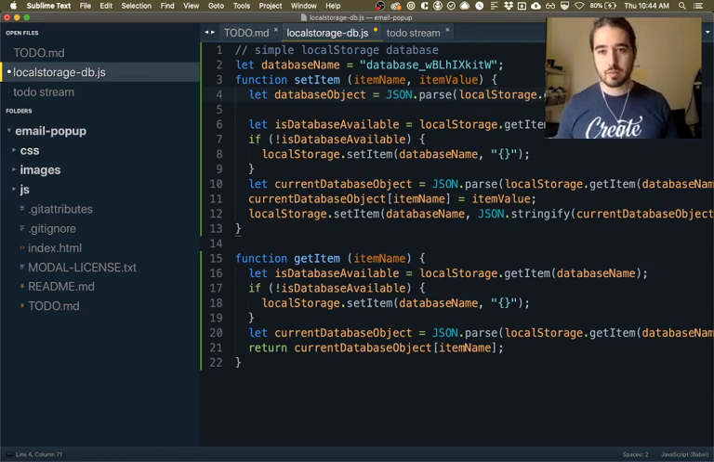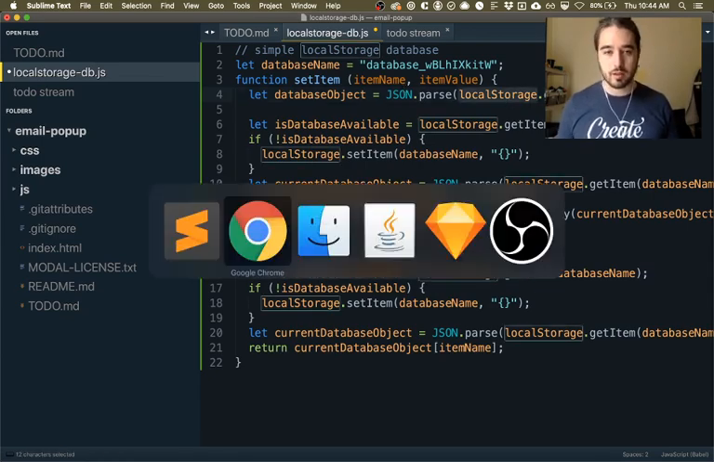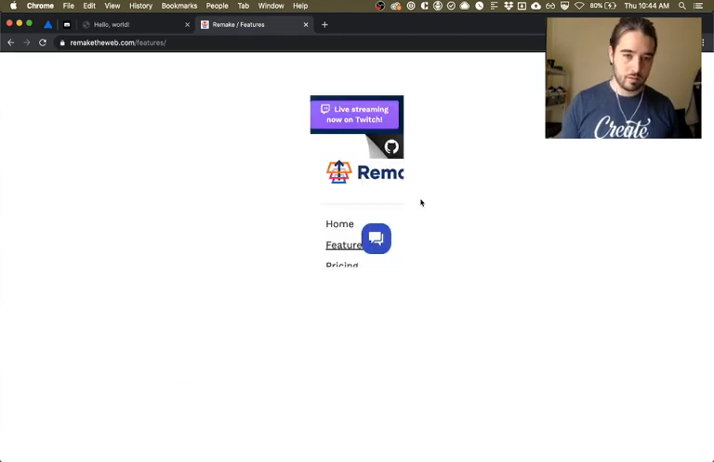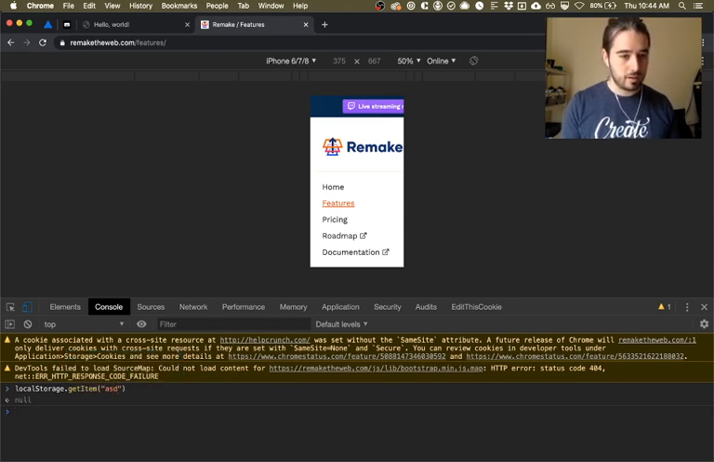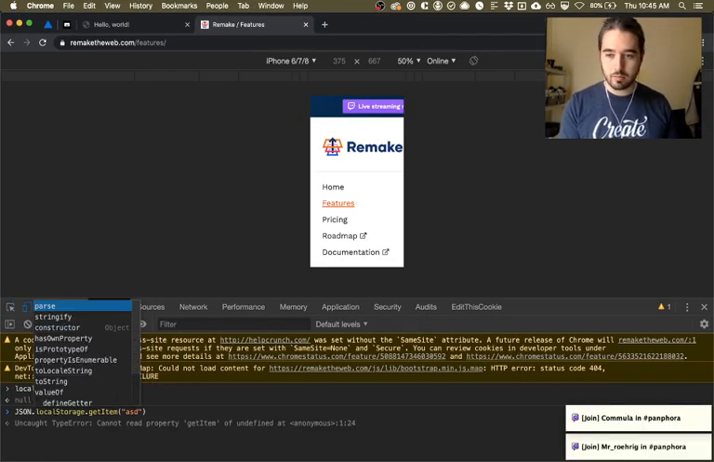But it's possible that this returns nothing, right? So if we do localStorage.getItem and pass in some random key, that's going to be null. If we do a JSON parse on that,